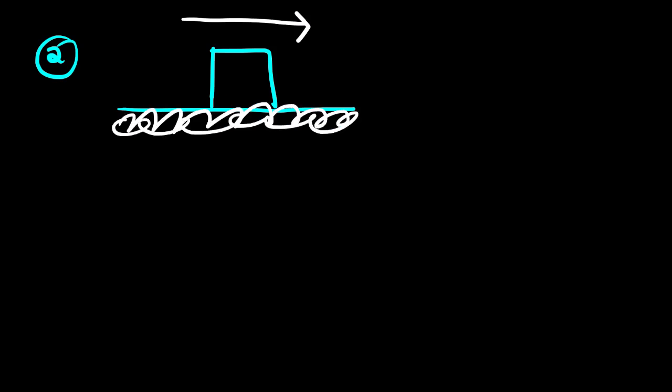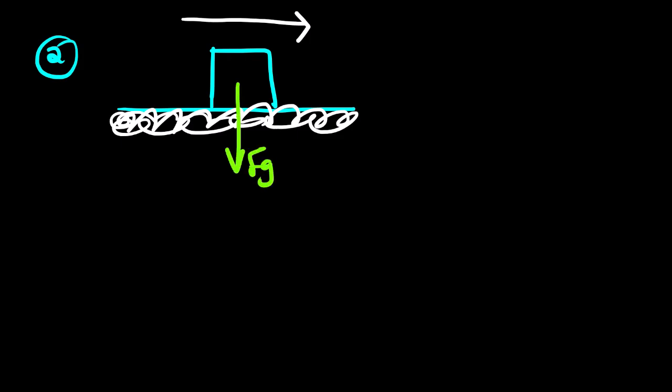Then let us look at the second scenario, whereby we have an object that is moving. This object doesn't experience any applied force. Nobody is pushing it or applying force to this object, but it is moving in this direction. If this surface is rough or there is friction, and we want to draw a force diagram, the force diagram will have